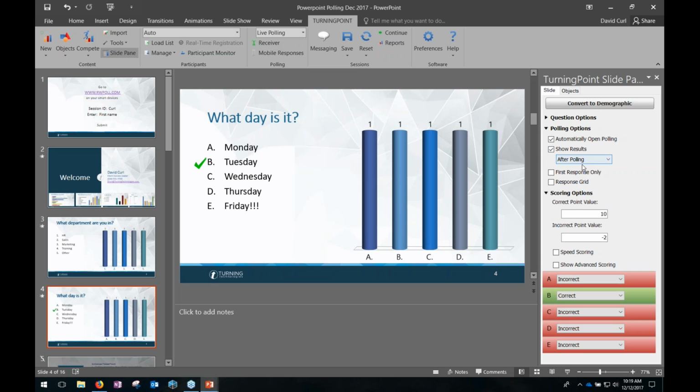And you can show results during polling or after polling. For my example, I'm going to change this one to during polling so you can see what it looks like. The default is after, and what that means is once you've collected all the responses and you close polling, the graph is going to appear. But during polling is different. Question's going to come up, the graph's going to come up. As the responses are coming in, you're going to see that graph fluctuate. So I'll keep this one set that way. So let's do